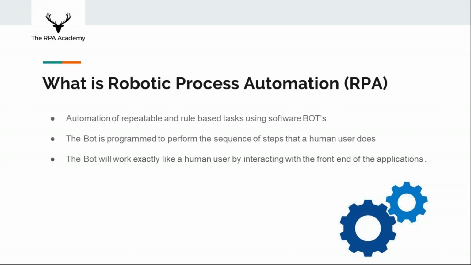So that's where RPA comes in. You build a bot and tell it to do the boring task so that you don't have to, and it will work exactly like a human would. That's the difference between RPA and a proper automation. With RPA, you're actually using the user interface. The same way a human would press start and click on a program, it will do similar steps from a human perspective. You're automating on the front end, rather than the back end programming way of automating.